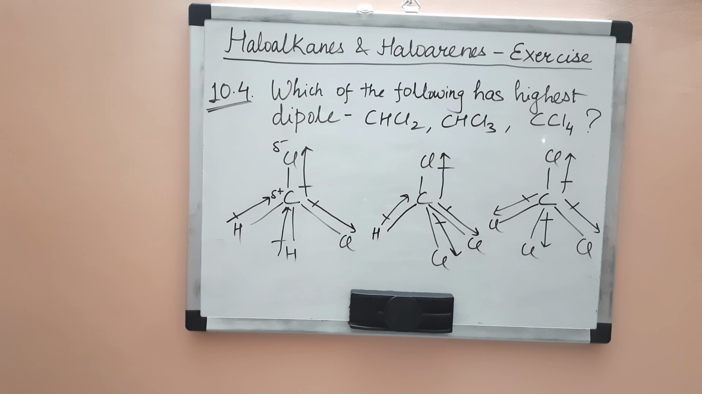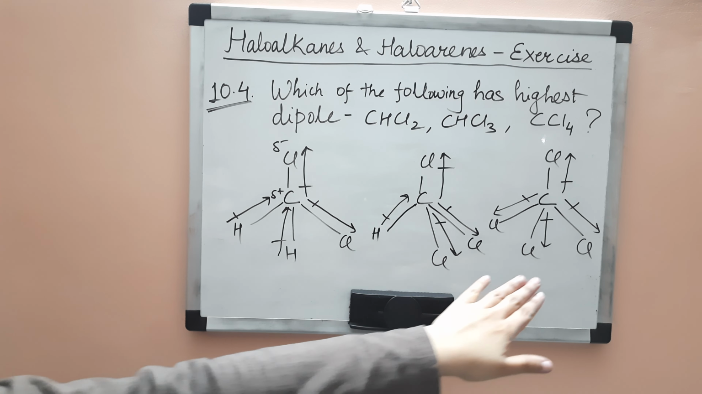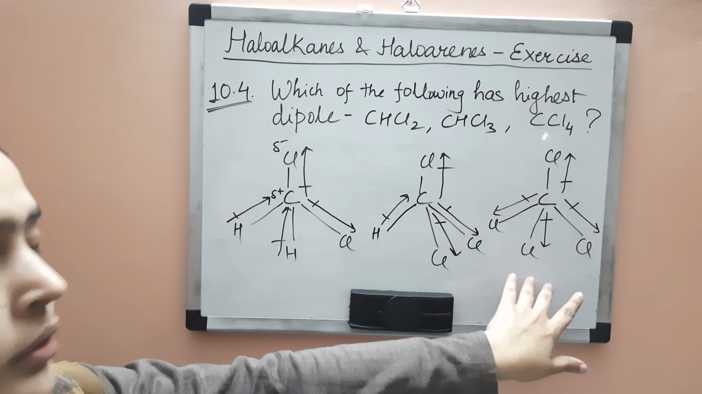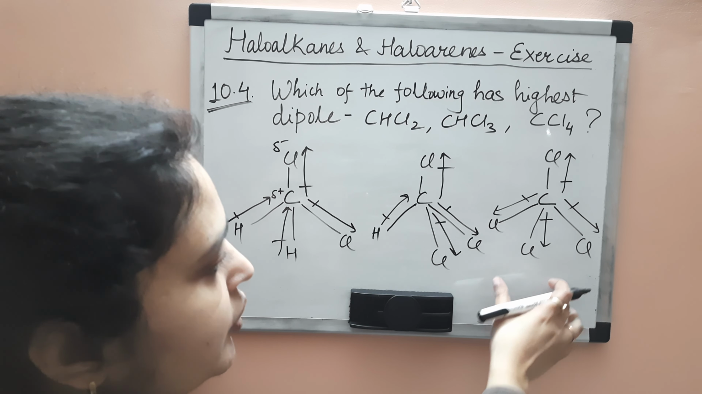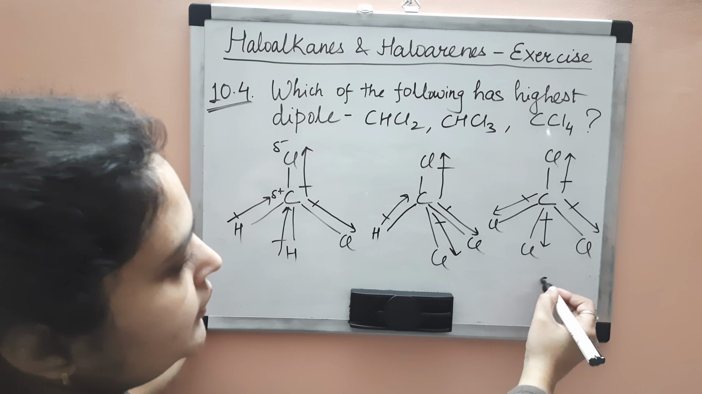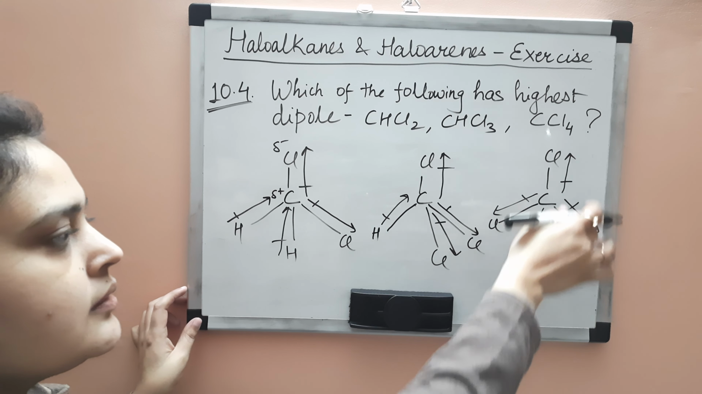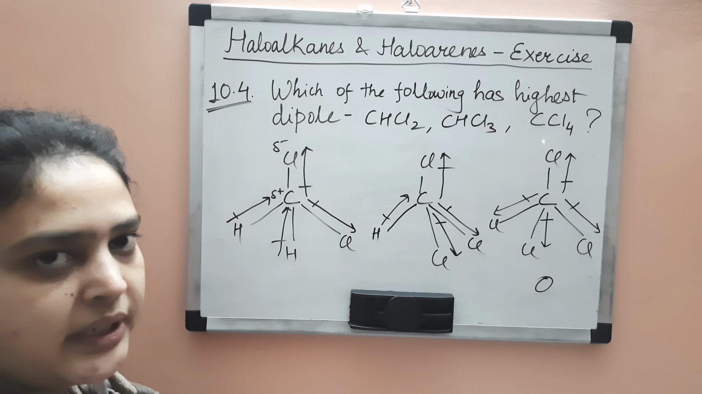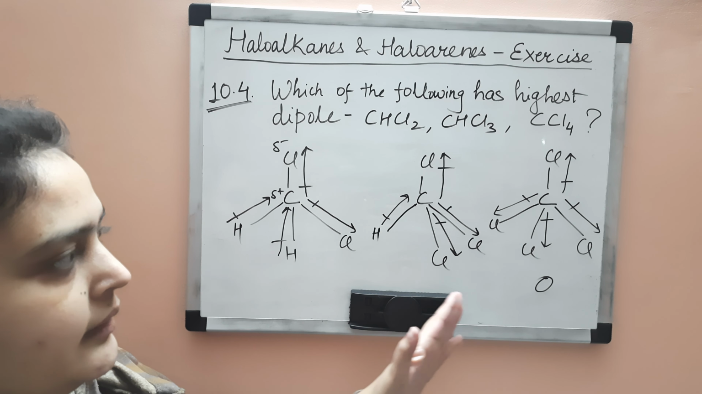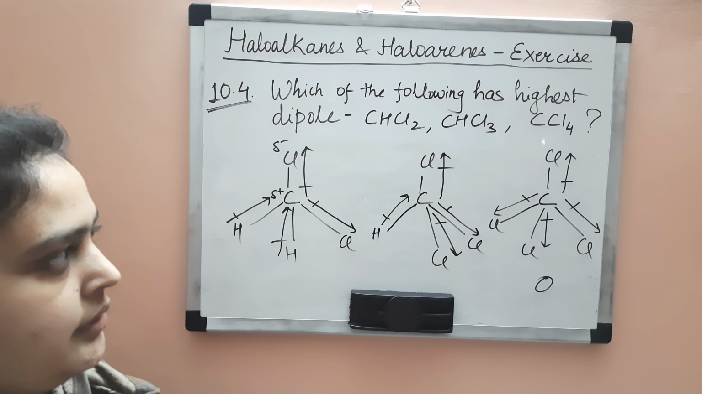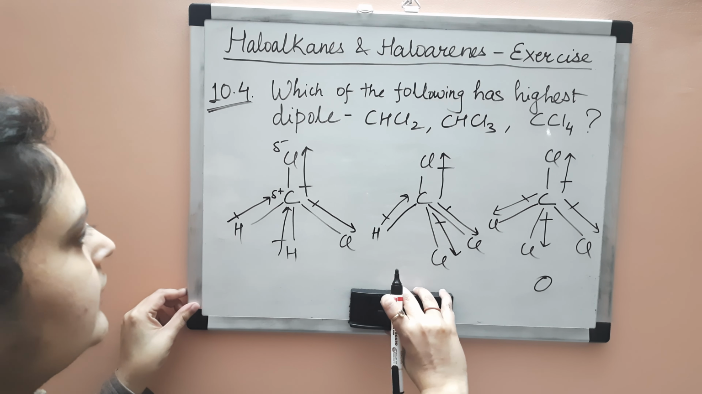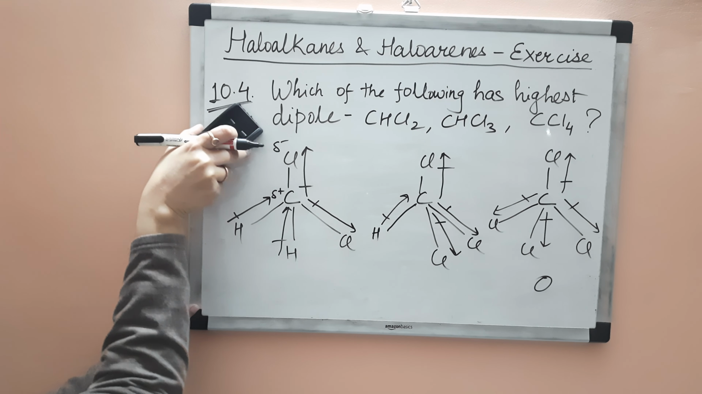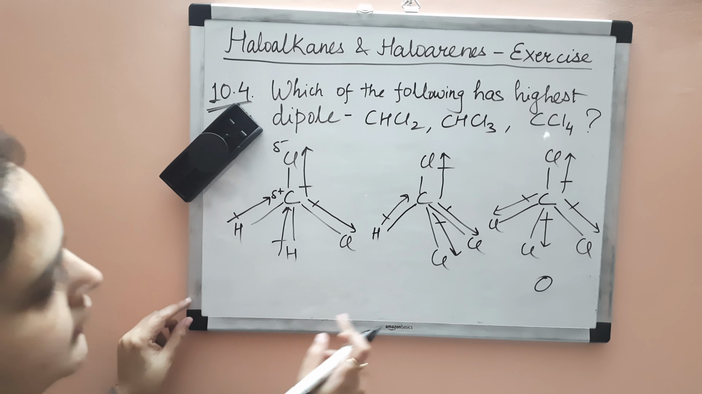Now we have to see the resultant dipole moment, so the net dipole moment. When you see the CCl4 molecule, the net dipole moment will be 0. Why? Because it is symmetrical and all the dipole moments will cancel out. So there will be a net dipole moment of 0 debye, right? In the other molecules, you will see here